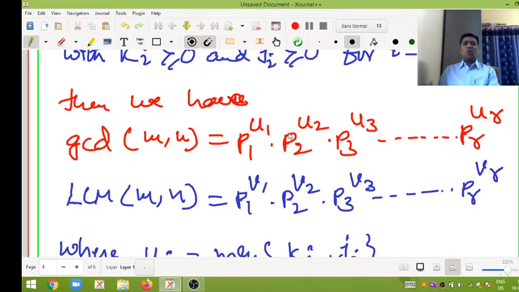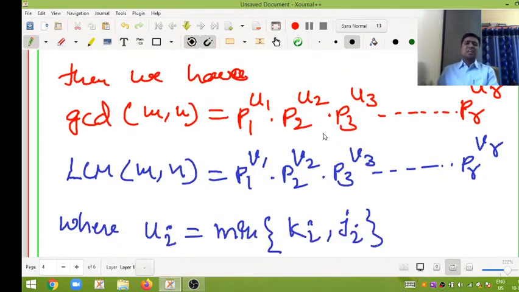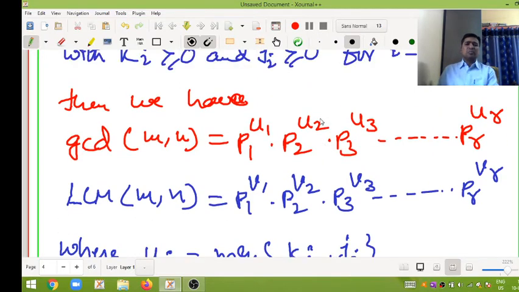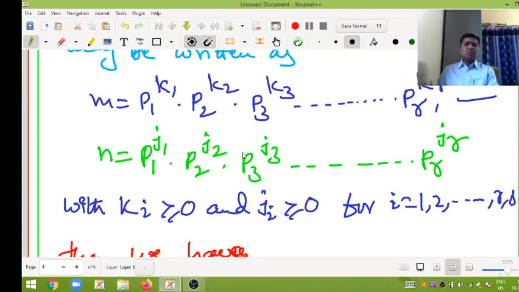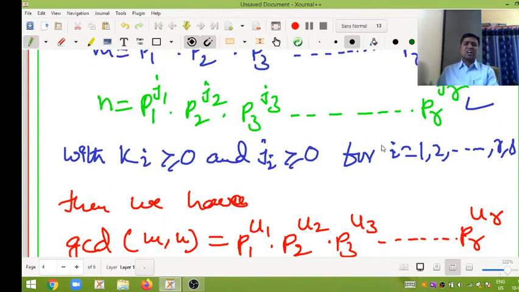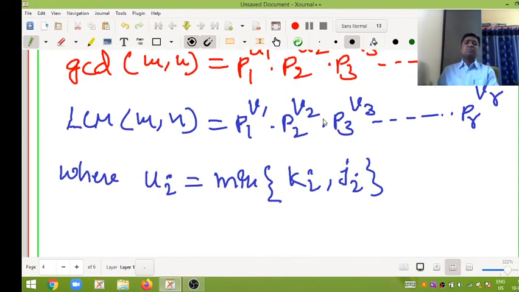See here, ui means the ith term, u1, u2, u3 and so on up to ur. In that ith term ui, how it comes: here k1, k2, k3, kr, j1, j2, j3, and so on, jr came. On that, the minimum value, minimum of ki comma ji, is nothing but ui, my dear friends,